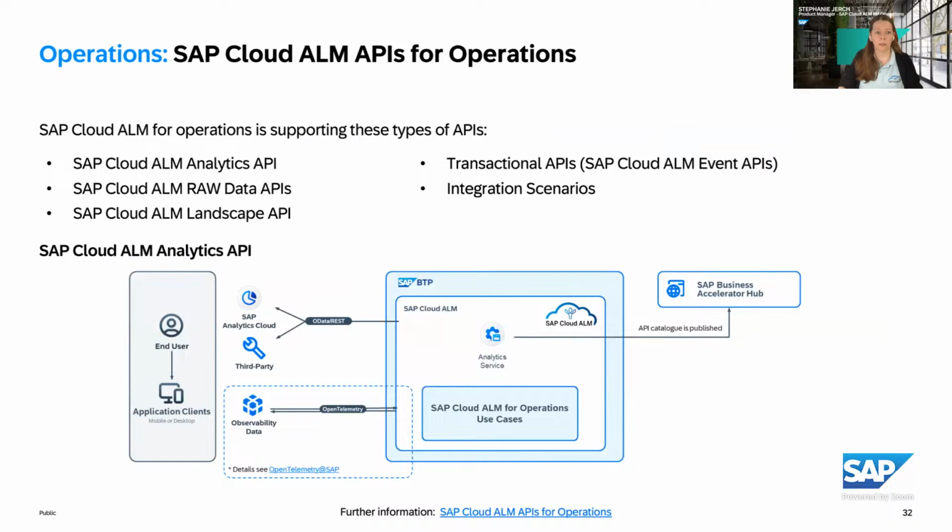And what is also part of our openness: the data which we are collecting is also something which we are providing via APIs. And there are various API types available. On the one hand, the analytics APIs, where you can read our collected metrics and values. Then we also have raw data APIs as well. There is an option to read your landscape